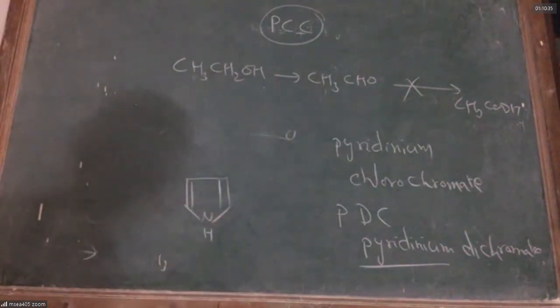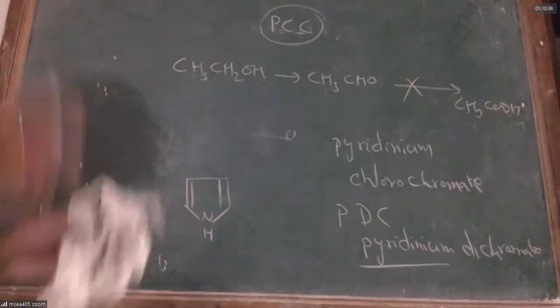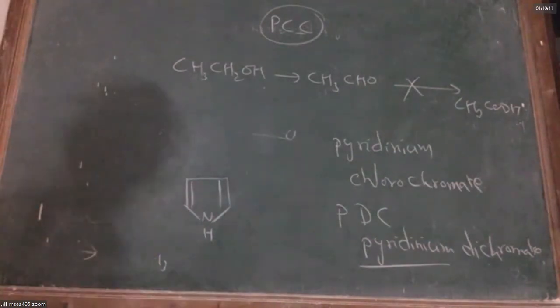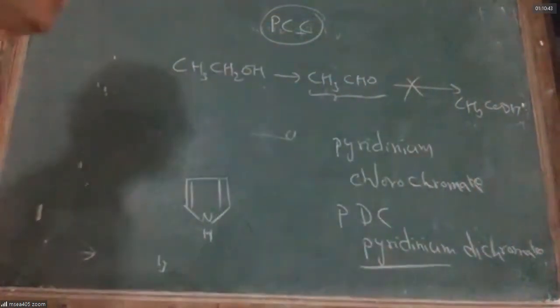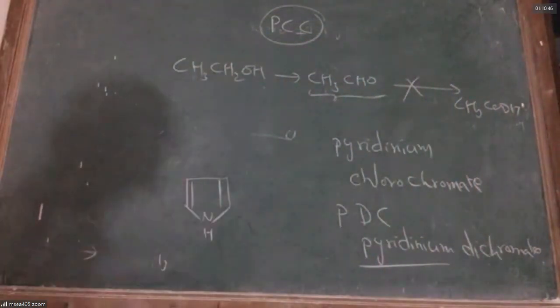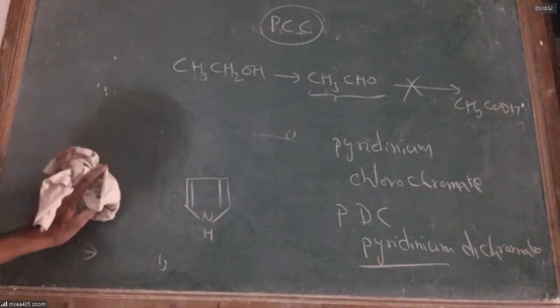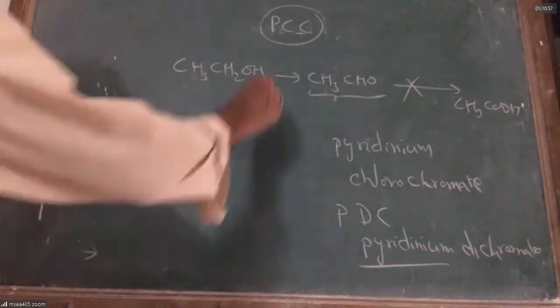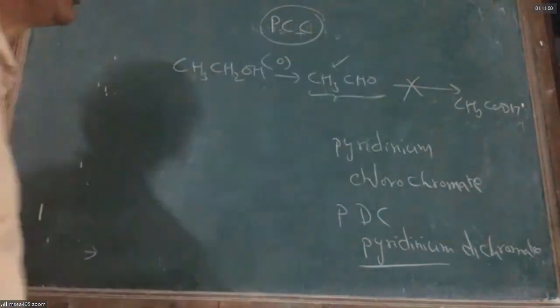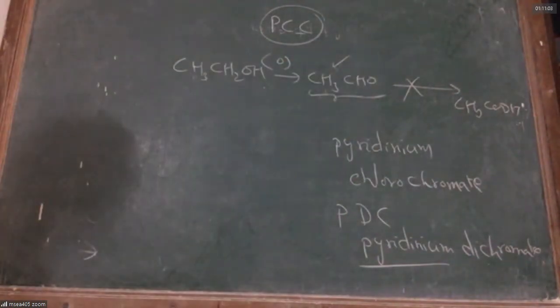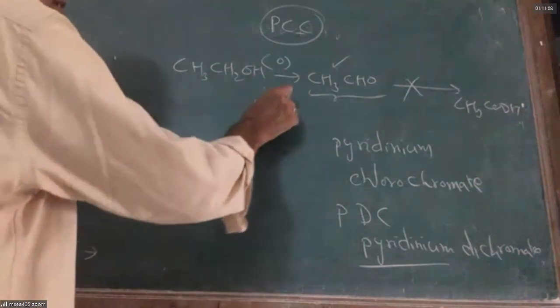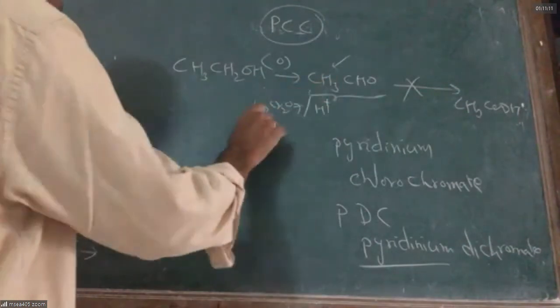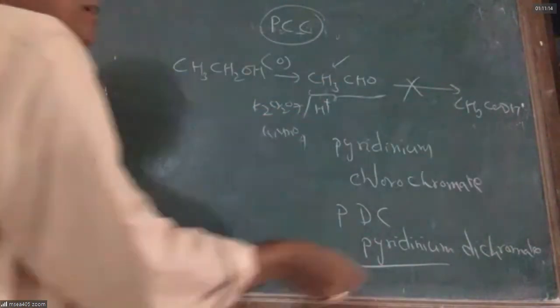If we add pyridine, the speed of dichromate will be lowered. So it will become a slow reagent. Then the reaction stops at aldehyde. Further oxidation is prevented by pyridine, and it is called a catalytic poison. Therefore, by adding materials like pyridine, like taking pyridinium chlorochromate or pyridinium dichromate, you can stop the oxidation of alcohol at the aldehyde stage. If you don't use PCC or PDC, and directly use potassium dichromate or potassium permanganate, you will be getting only carboxylic acid.